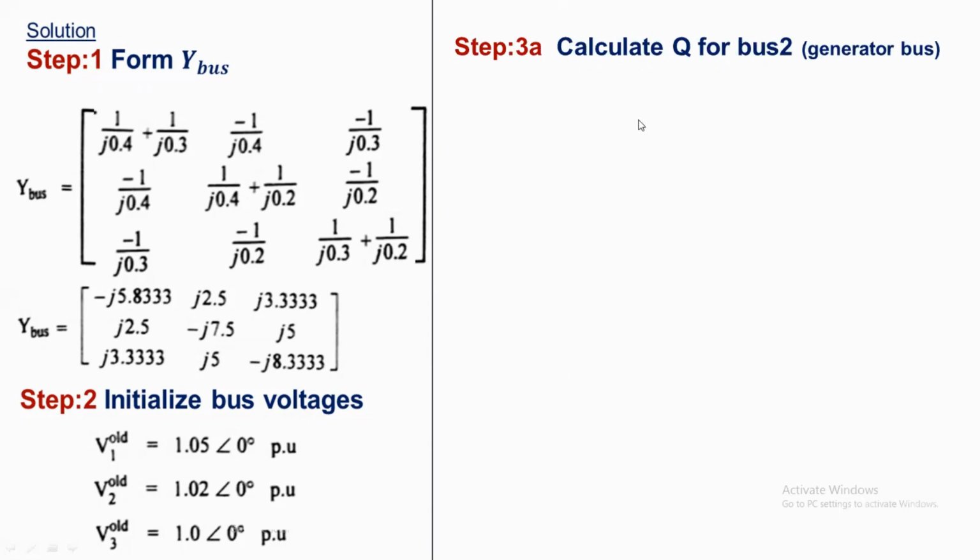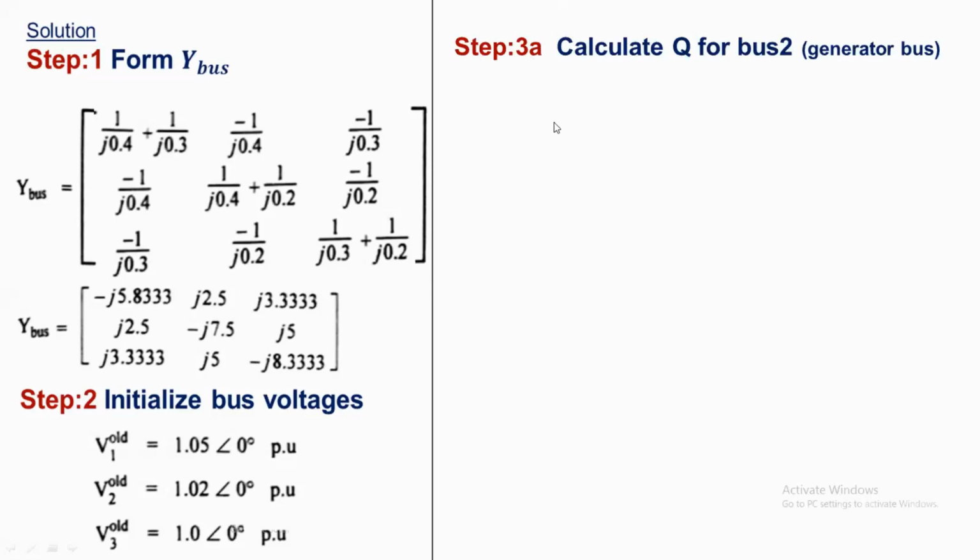In the case of a generator bus, we do 3 steps. First step, calculate the reactive power. Second, check the reactive power limit. Third step, calculate the phase angle by using the new formula. If the reactive power value is within the limit, we treat this bus as the generator bus. Otherwise, this bus will act as a load bus. In the case of a generator bus, 3 steps are required. For simplicity, I mention these steps as 3A to 3C.